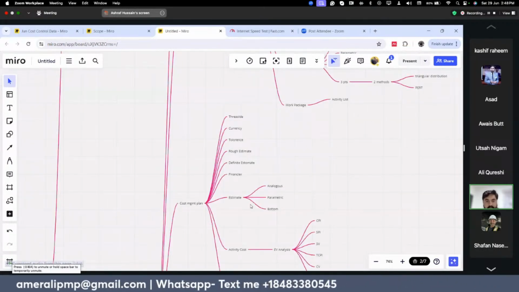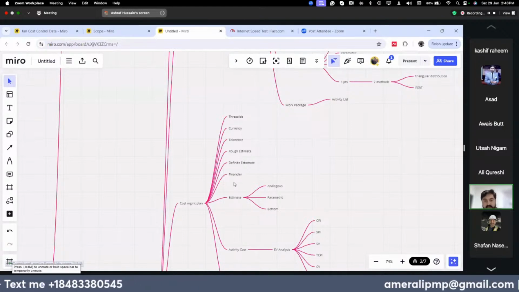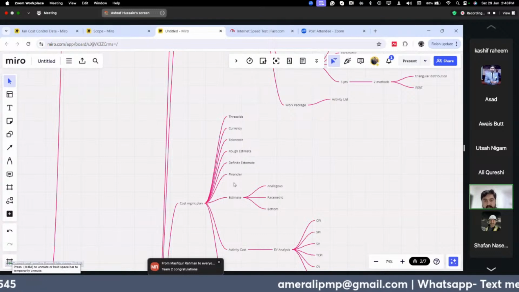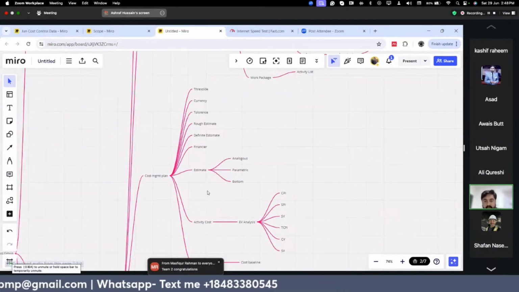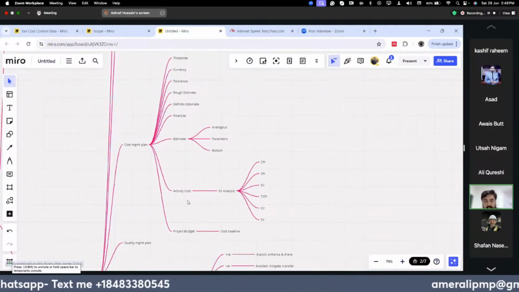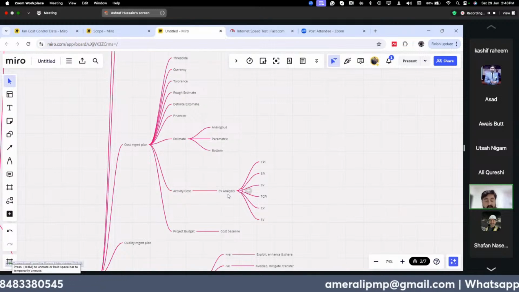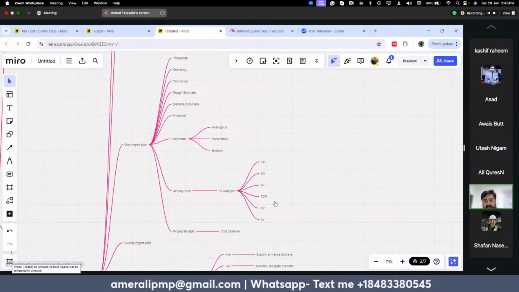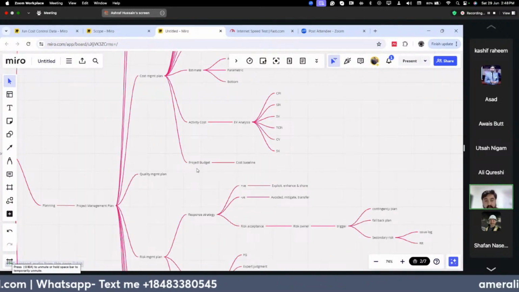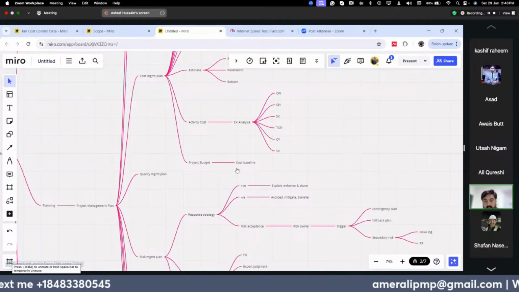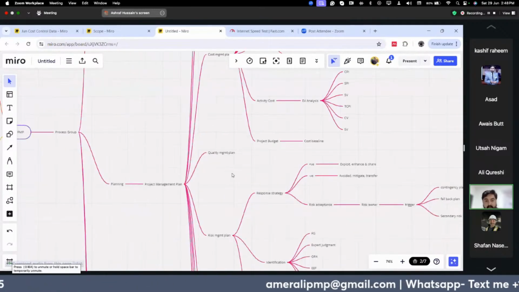For the cost management plan, first we define our constraints, like the threshold, currency, and tolerances. We do a rough estimate. We figure out who is the financier of the project, and then again we make our estimate, and then we make our activity cost through EVM. Like earned value management or earned value analysis, that includes CPI, SPI, SV, TCPI, and CV. And then we make the project budget, that is actually the cost baseline, and then the quality management, we couldn't cover it,